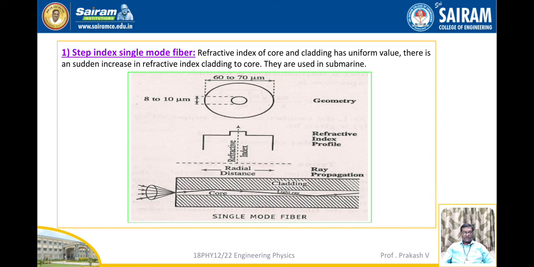So the diagram shows that there is uniformity in core refractive index as well as cladding refractive index, and the dotted line shows the fiber axis. The third picture within this shows the optical fiber in which the optical signal is traveling. Here the optical fiber allows only one signal to propagate because of the narrow diameter of the core. So a single beam undergoes total internal reflection and reaches the other end. That's why it is considered a single mode optical fiber.